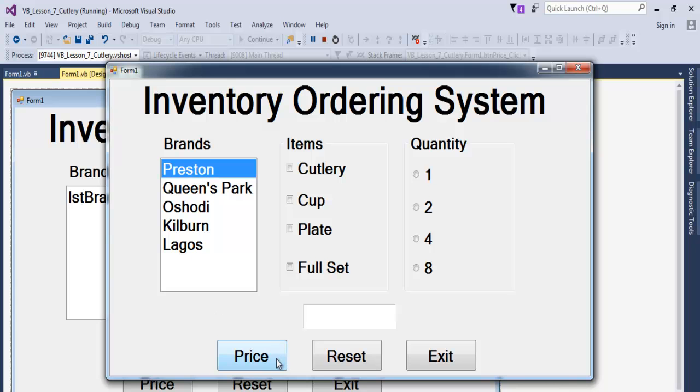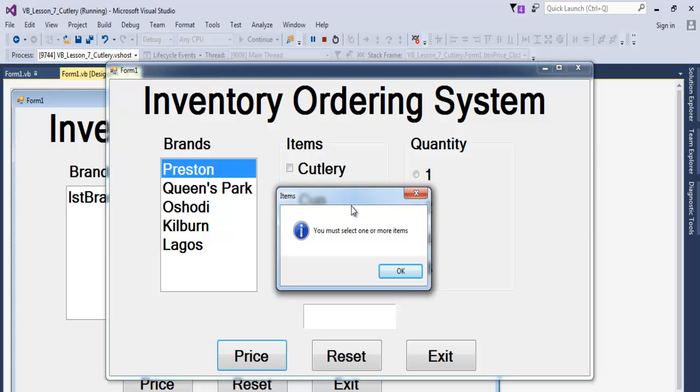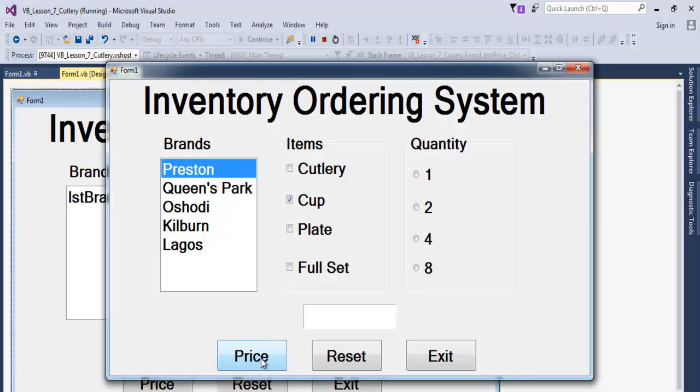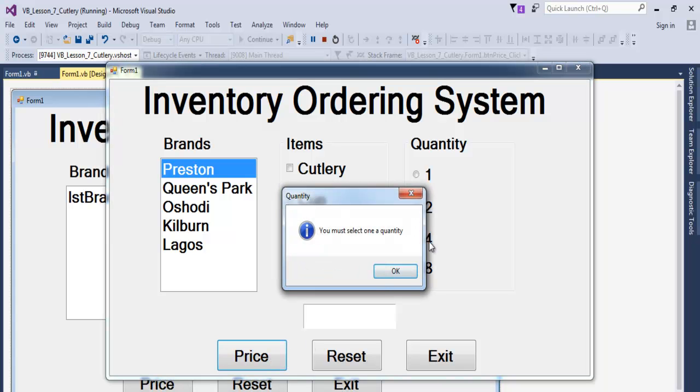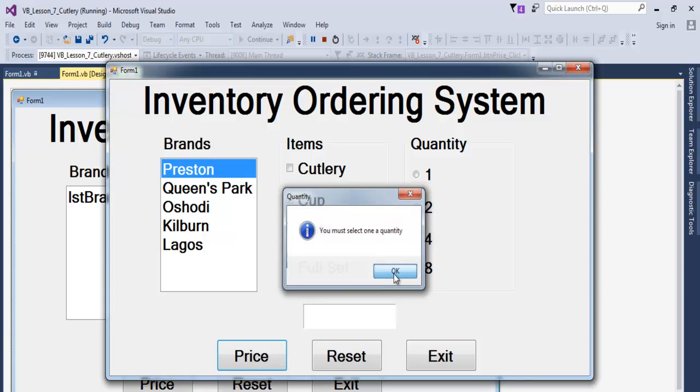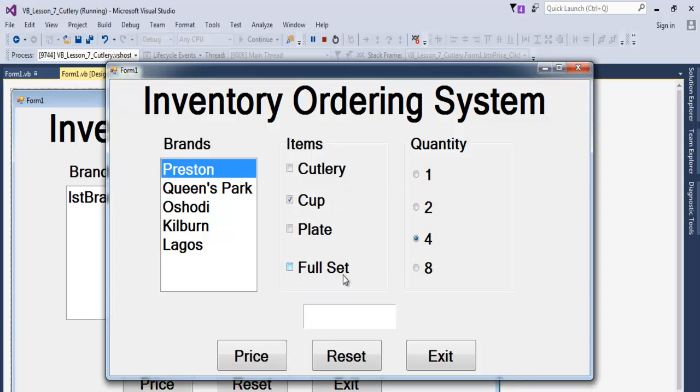If you select a brand and let's say we also click on that, it's now asking you to select an item. And supposing an item is selected, it's asking you to select a quantity. Click on OK. Let's select any of this quantity, and there, that is the cost of the cups. We can always reset